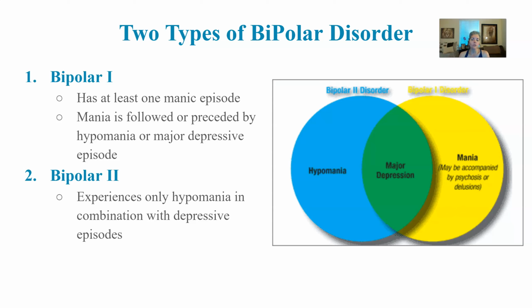So let's talk a little bit about bipolar. So bipolar is when you fluctuate, and there's periods of mania. And so you have not just the depressed episodes, but you also have manic episodes. Now you can either have manic or hypomanic, and hypomania is like a mild mania. So if we're looking at those as the 2 extremes, depression and mania,